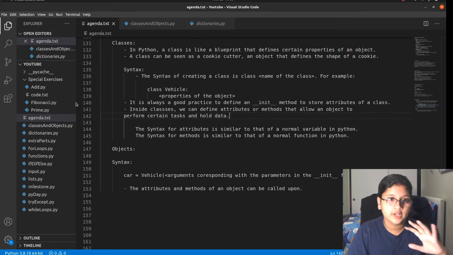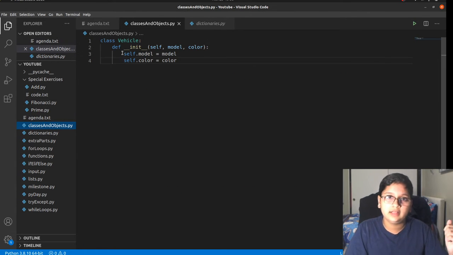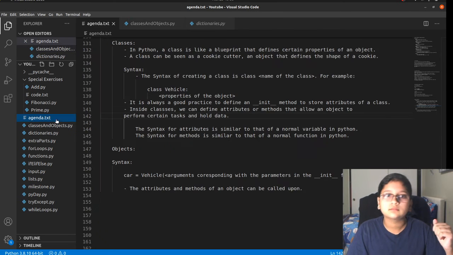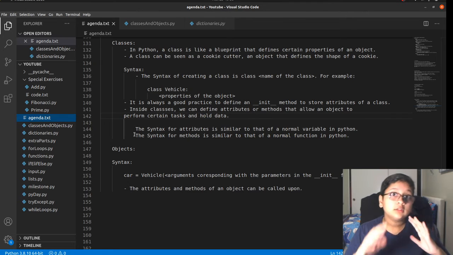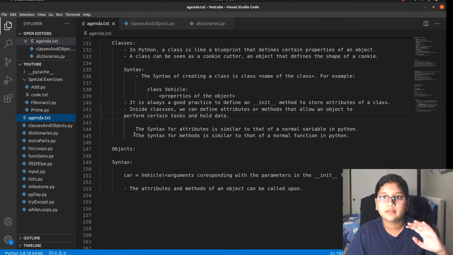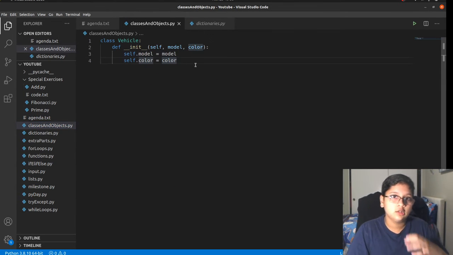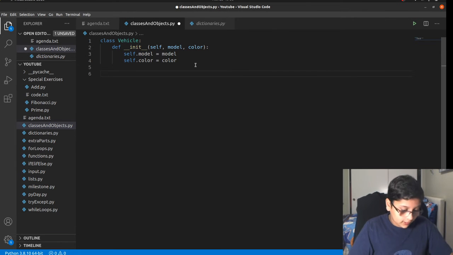So the syntax for attributes is similar to that of a normal variable in Python, right? This is how we define a variable. The syntax for methods is similar to the syntax of a normal function in Python. In fact, it's almost the same. So if we want to create a method